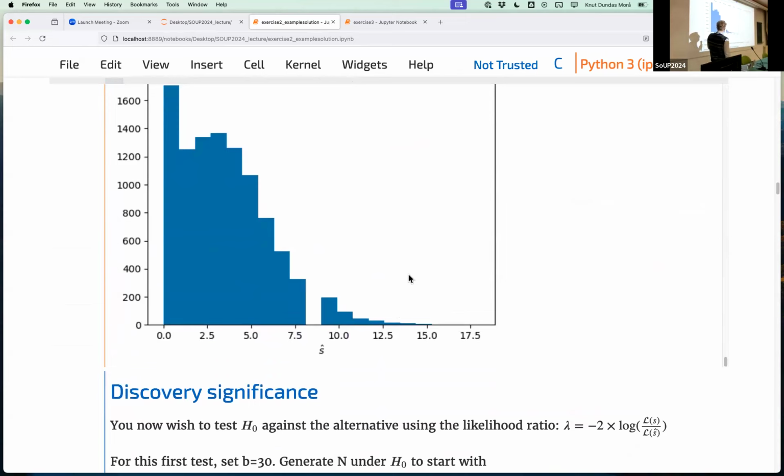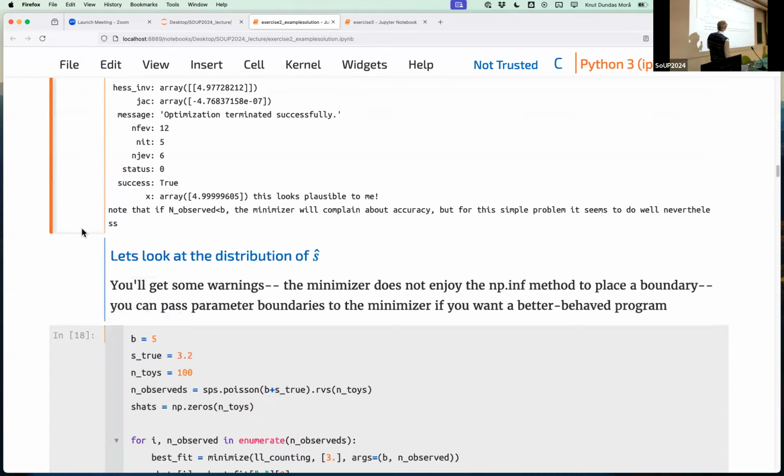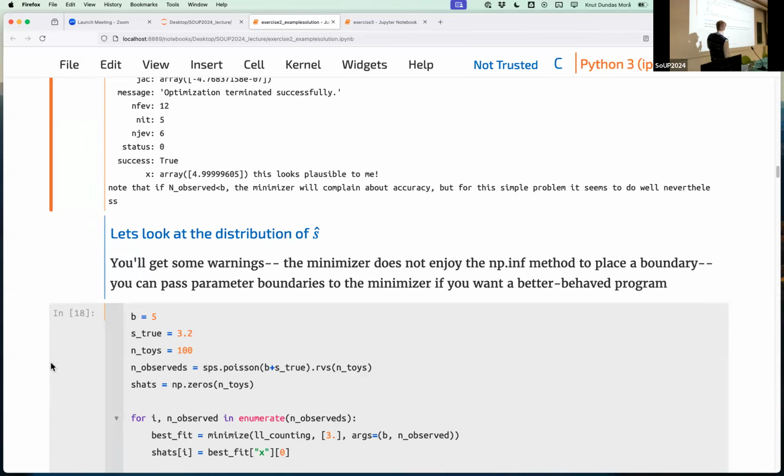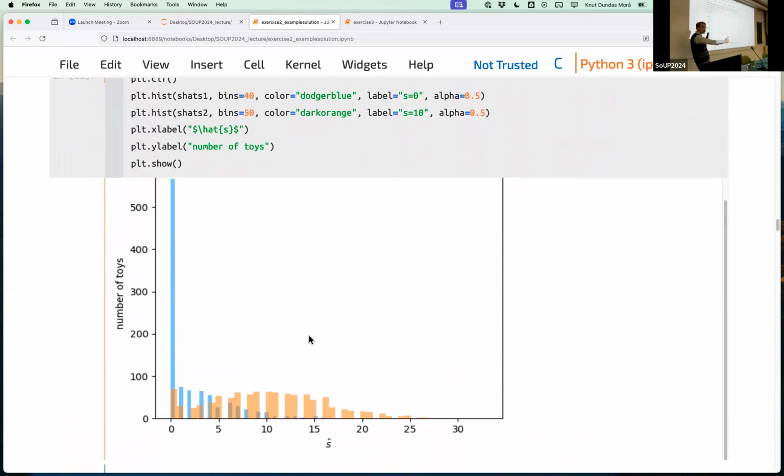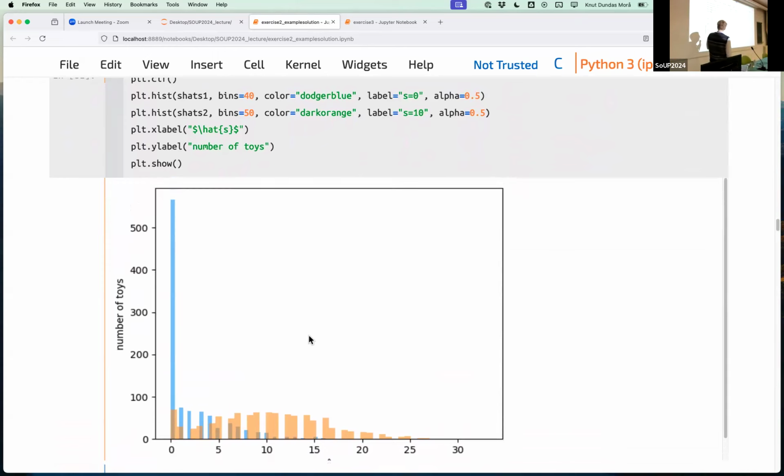That's in itself not that informative, in particular here because the actual true signal was rather small. As true was 3.2, so if you squint a lot, you might say I'm happy with this, that it at least doesn't all go to 0, right? It has some bimodal distribution here where it likes to go to the true value some parts of the time. And then we did some hypothesis testing. This is always good. And you could see that you have different distributions if you have different underlying hypotheses. This means that this test statistic is able to distinguish these two hypotheses, which is what we want.